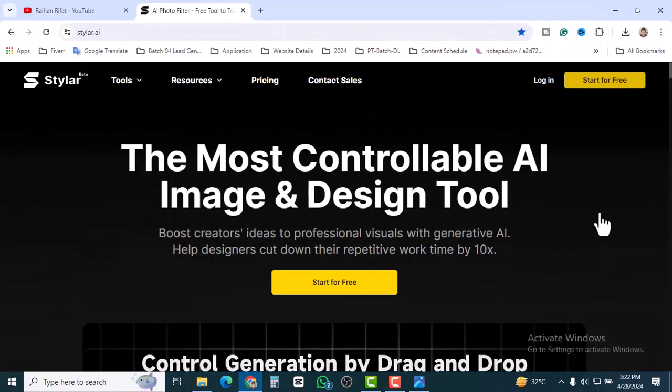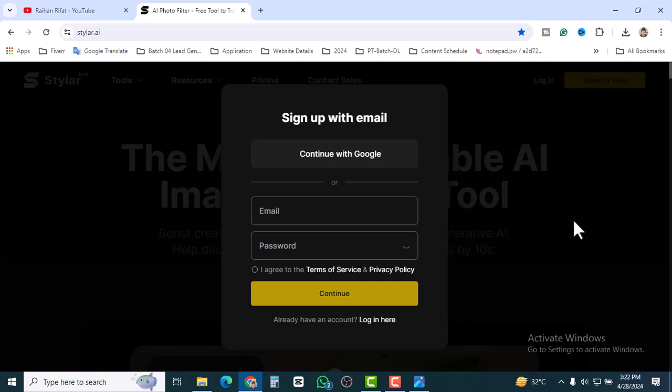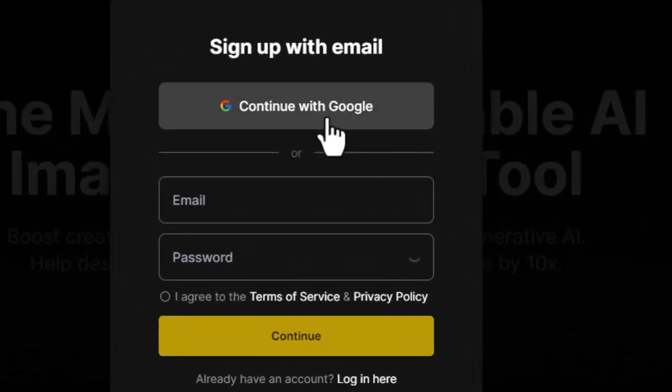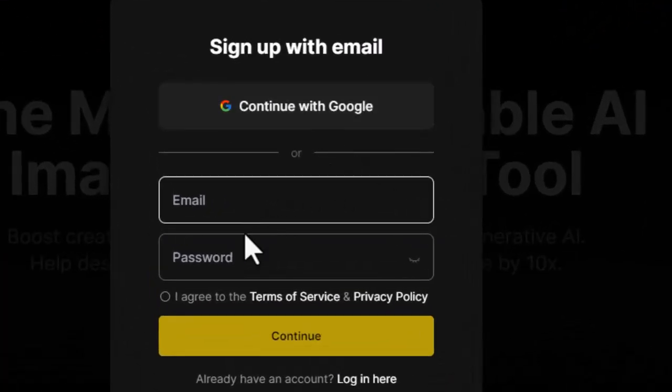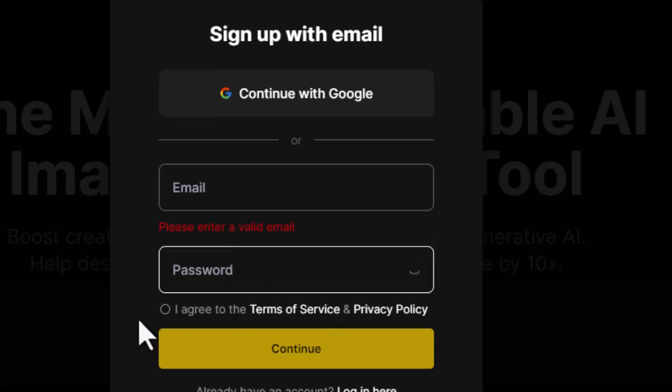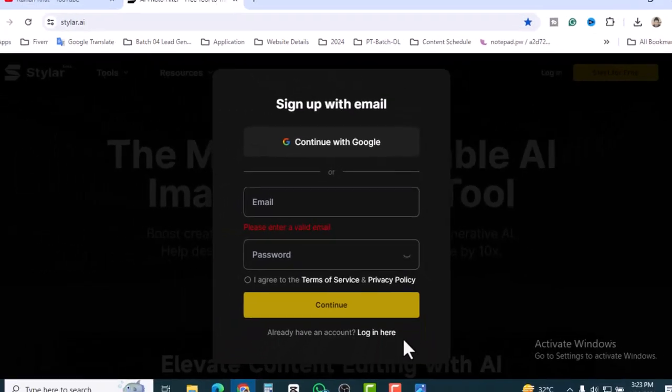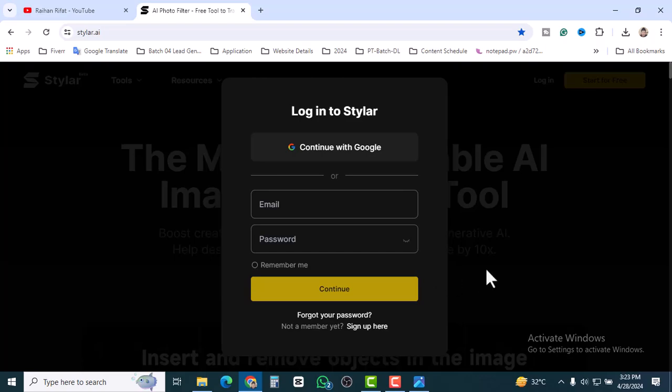So if you are new to this tool, please sign up with your Gmail account, or you can input your email address and password and click on continue. Obviously, don't forget to click on I agree with the terms of service and policy. Okay, I already have an account, so I'm just going to click on login and you will see the